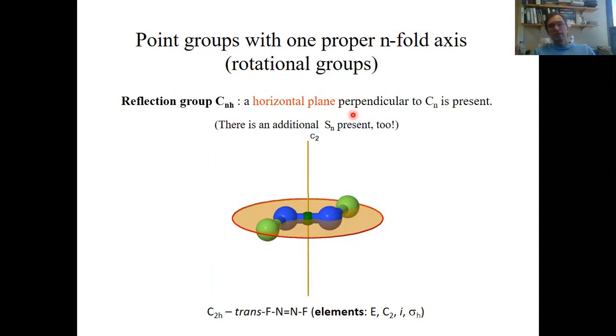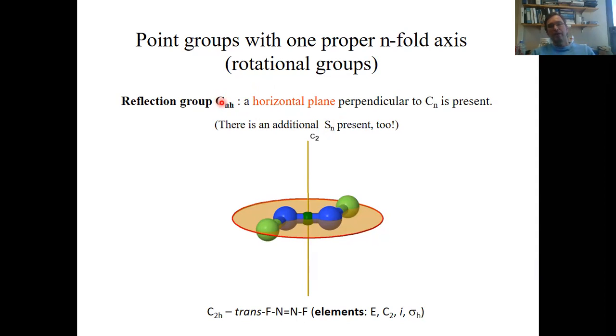So now let us discuss additional new point groups that we didn't discuss before. The next kind of point group is the reflection group CnH. So in this case, we do not add a vertical mirror plane to the principal axis. We add a horizontal mirror plane to the principal axis. So the horizontal mirror plane must stand perpendicular to the principal axis. So when we have the point group CnH, then we do not only have a horizontal mirror plane in addition to the principal axis, we also have an improper rotational axis that has the same order